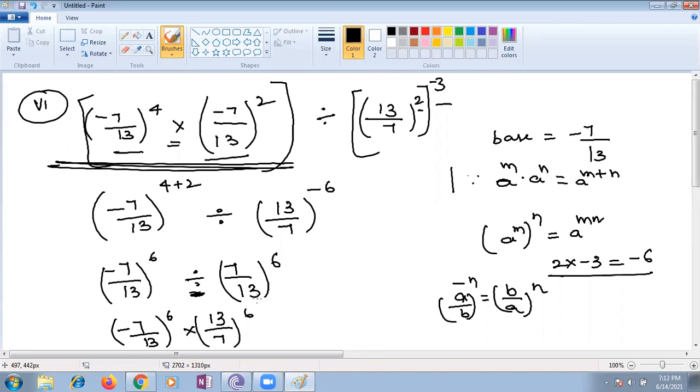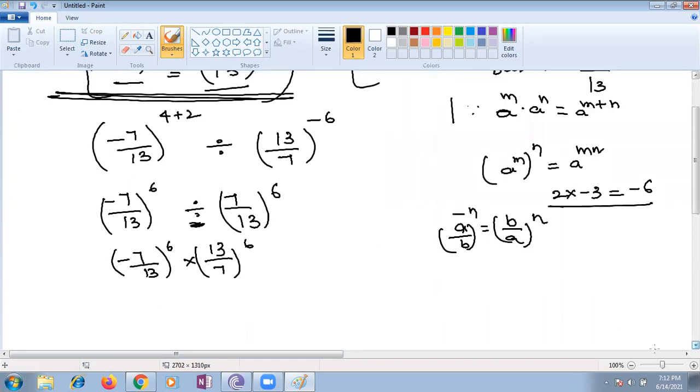Any doubt till here, children? Each and every step you have to think, children, or else we won't get the answer. Till here, any doubt? Please put it in the chat so that I can help you. Here I'm doing only the reciprocal. Since the reciprocal of 7 by 13 is 13 by 7. In division of fractions we can take it as multiplication, and the denominator portion you make as a reciprocal. You can do the procedure.